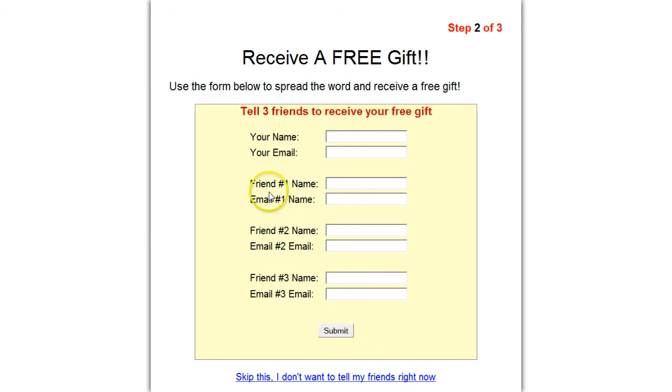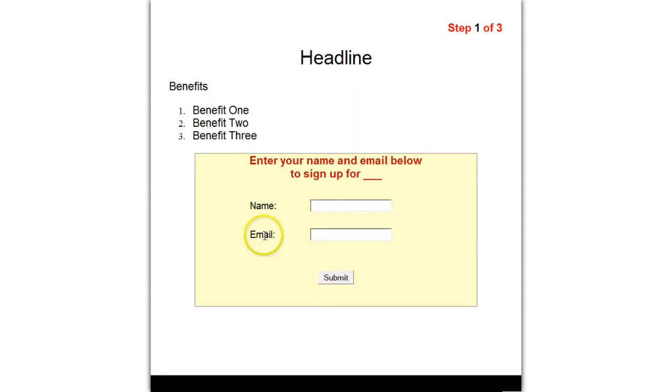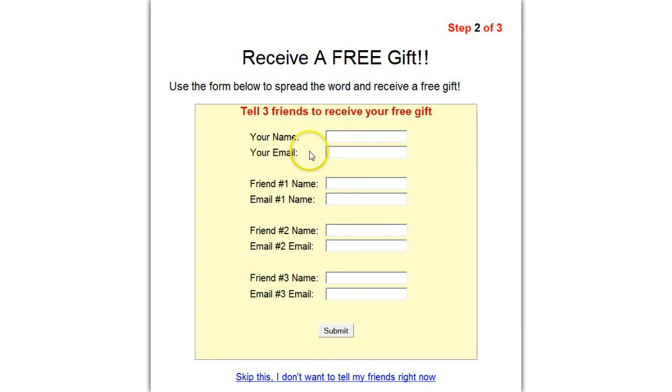On submit, these 3 people will receive an email invitation from you, from this person, to go and check out page 1, to continue the process, putting them at the start of the funnel here, right? Also on submit, you will get an email to a link to your free gift.